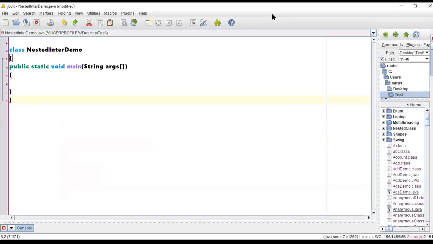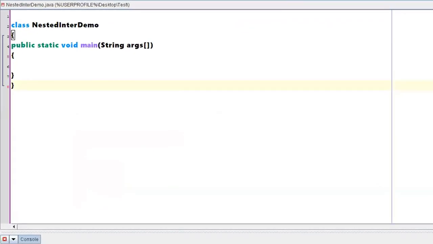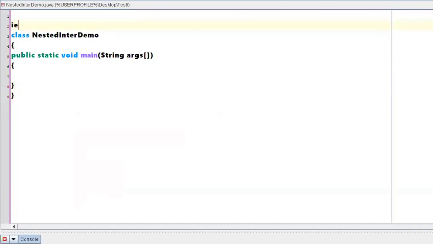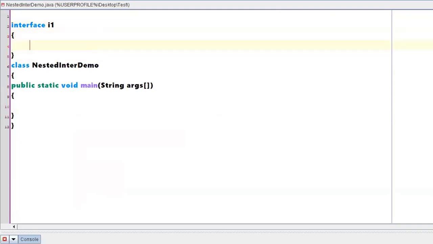Okay, so here I have just created one prototype for an example which I need to discuss. Let us create one nested interface. We know how to create an interface. Let's say I1 is one interface.